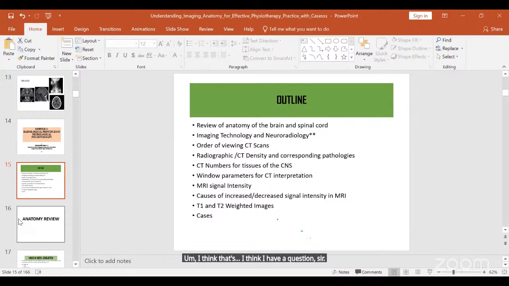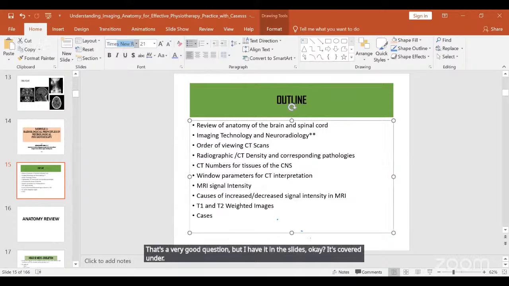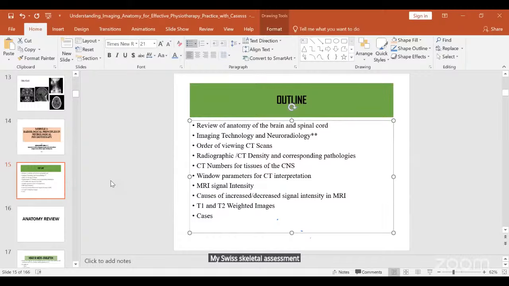I noticed that ultrasound imaging was not discussed. Yes, it will be discussed later when we come to musculoskeletal imaging. That's a very good question, but I have it in the slides. It's covered under musculoskeletal assessment. Are we together? So when we come to musculoskeletal and you don't see it, you remind me. That was why I said these imaging modalities are complementary. So I only mention the ones that are useful, so it won't be difficult for you to